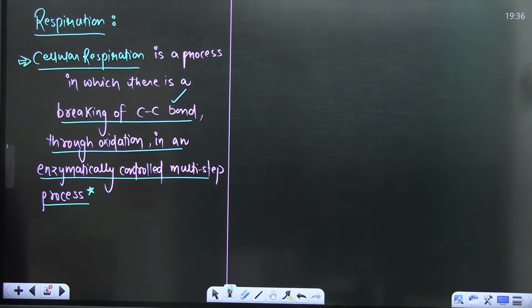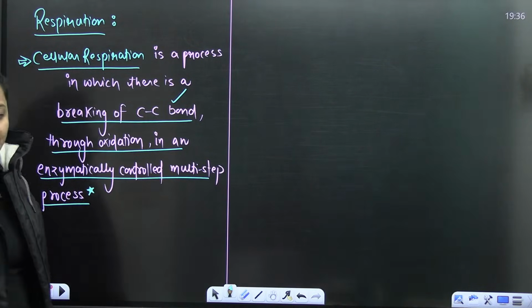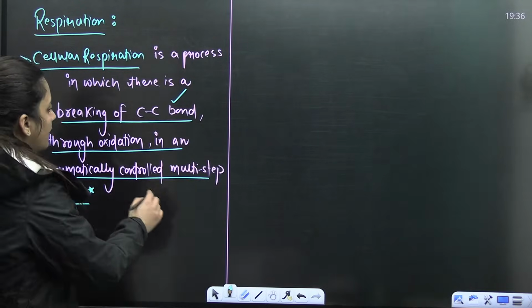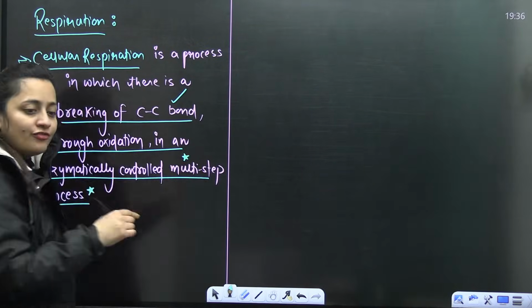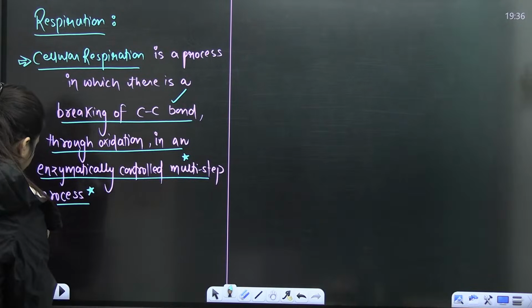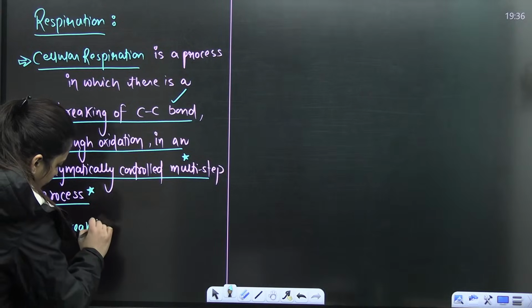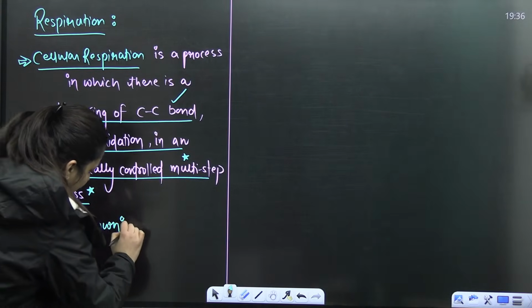Yes, please. Tell me quickly. Why is it so? Why are we going for multiple steps and not for a single step? Because if breakdown is there in single step,